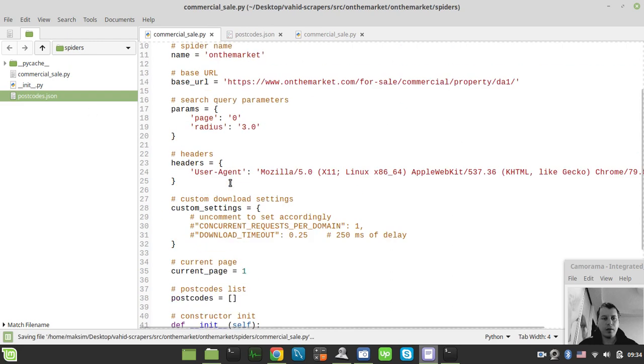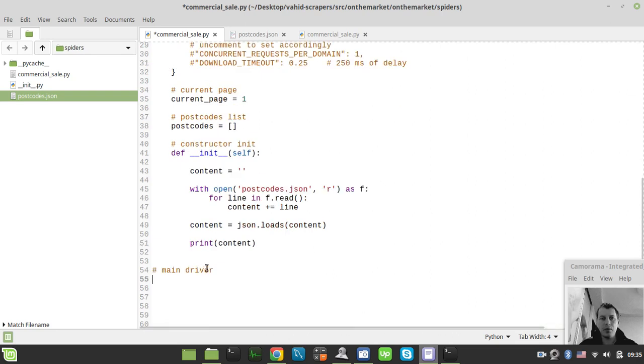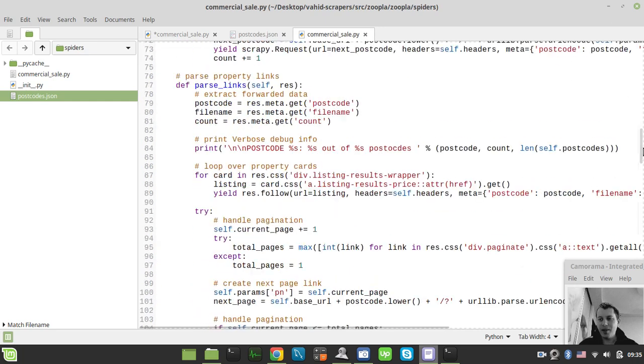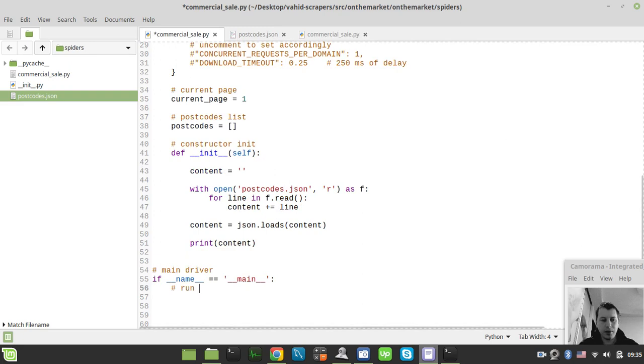Okay, but I'm not really yet ready to start the crawling logic. So here I create the main driver. Not sure if I'm really calling this that, but probably this is the main driver. So I say if name equals main. In this case, we need to create the scraper instance. Let me just see how exactly I call this in the commentary. So run scraper, great. So here we go, run scraper, and we create a process that would be the instance